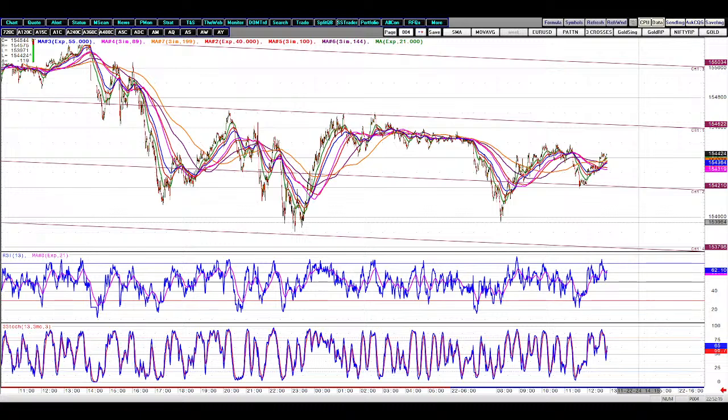Then I think we have one more, dollar Swiss. We have given a sell on the dollar Swiss, so I think that one also we will try to look into. Dollar Swiss. Let's see what our call was.